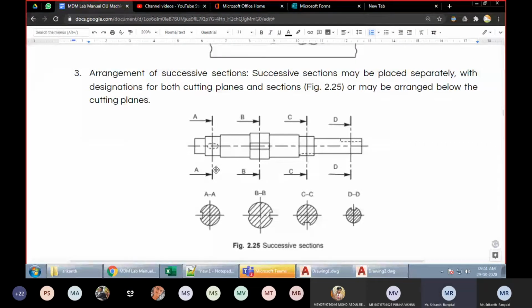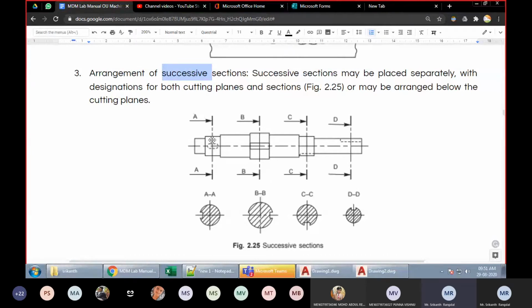Okay, so fine. Whenever we have to show different sections on the shaft, that is where we use arrangement of successive sections. Successive means continuously. So we have one section over here, one section here, here, and here. Right. So a total of 4 sections are being displayed over here. So how can we do that?